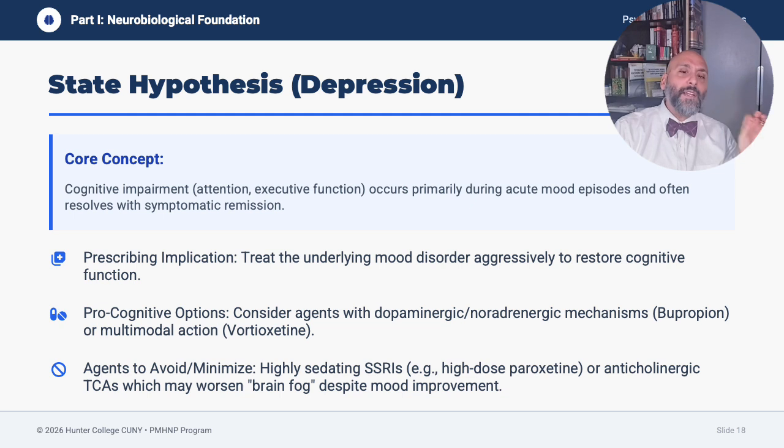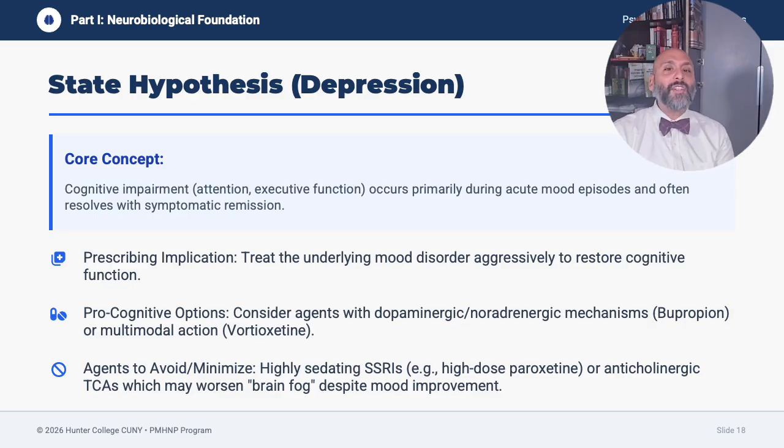So that's a very different picture than schizophrenia, where the cognitive deficits appear early and then persist across time and do not fully normalize with symptom control. So depression fog, that's often reversible. Schizophrenia cognition is often not. It's enduring. So the prescribing implication is that you want to treat the mood to fix the brain,